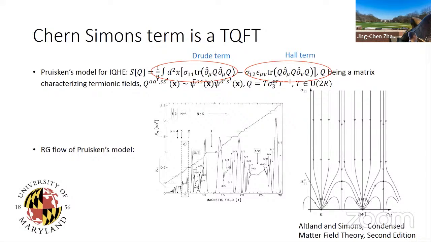Now let's look at the RG flow of the theory. By RG flow, I mean that we see it in action, and we analyze the dimensions of the field, and we scale the system and see how the coupling constants, in our case sigma 11 and sigma 12, flow when we are rescaling our size, expanding or shrinking it. Amazingly, we see that in this RG flow, the conductivity in a 2D plane always flows to the integers on the x-axis, meaning that if we are rescaling the size, they always flow to some fixed points, and the fixed points correspond to the integer numbers of